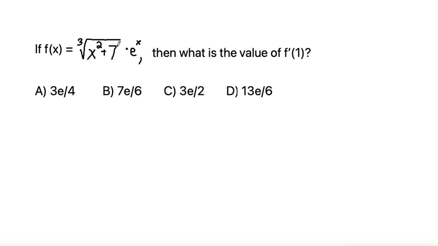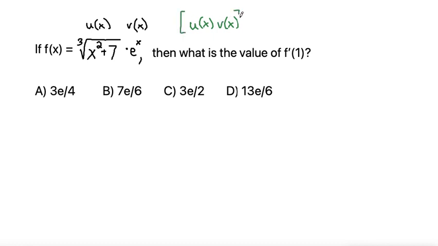Notice that we have a function of x multiplied by another function of x. So let's label the two functions of x. Let's label the first function as u of x and the second function as v of x. And we'll need to use the product rule because we have a product of two functions of x. So let's write our product rule out, that if we have u of x multiplying v of x,